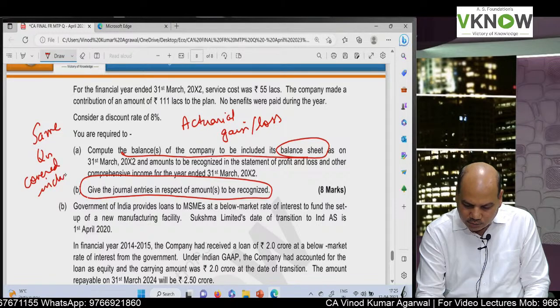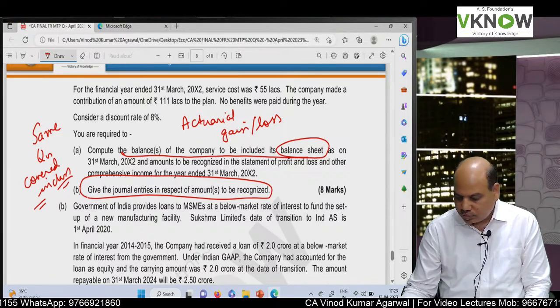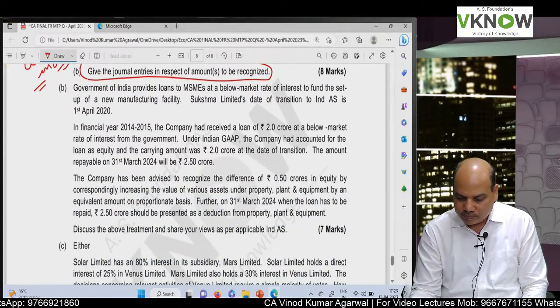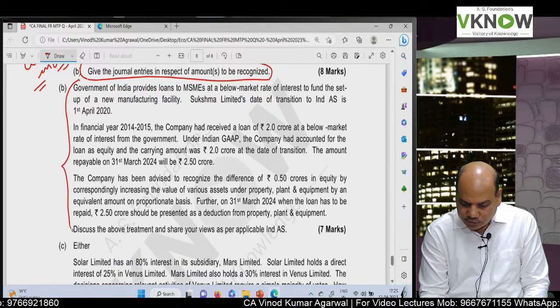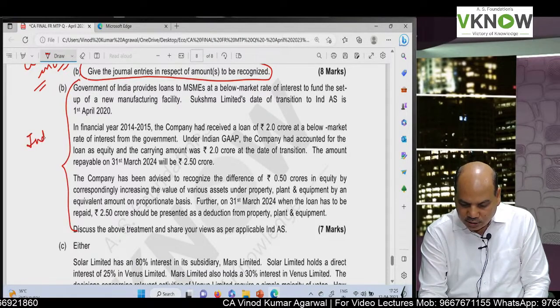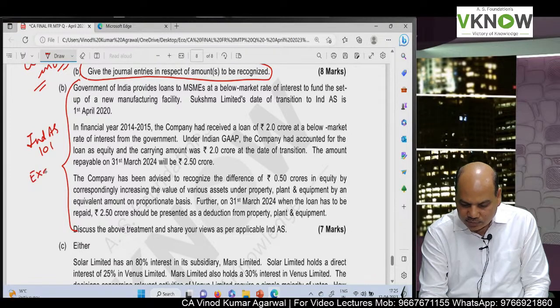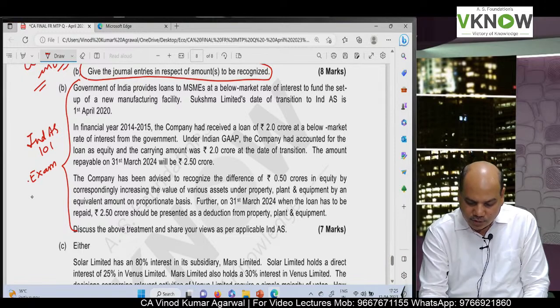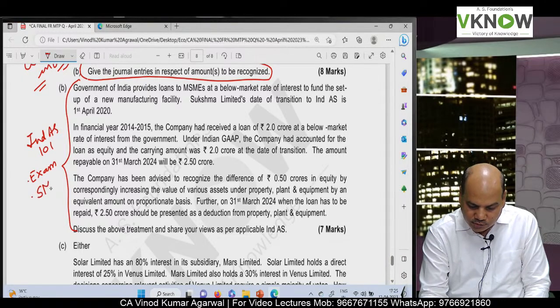Those who are attending our FR classes will find this question very easy because we have done a lot of practice. Then this question number 6B, again a repeated question. Recently it was asked in the exam. Same to same question, they have just copied and pasted for MTP, and this question is also there in the